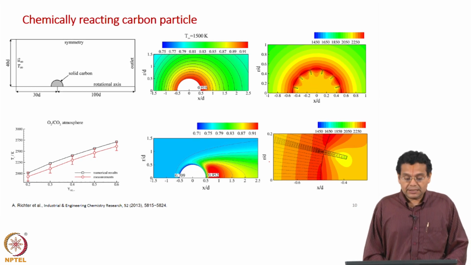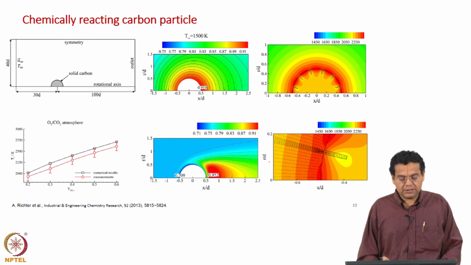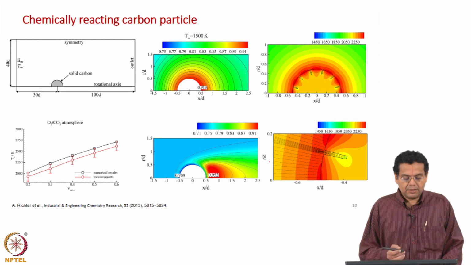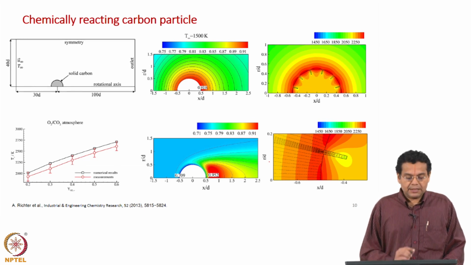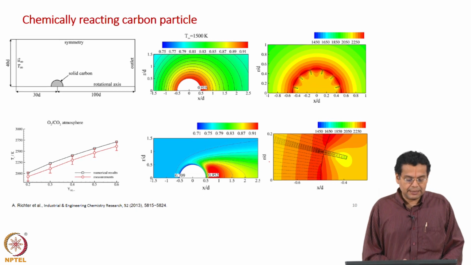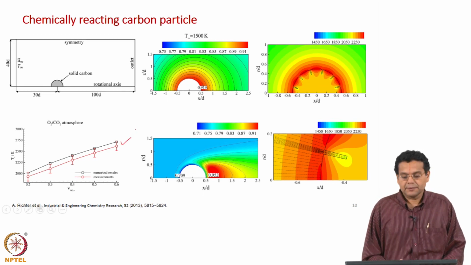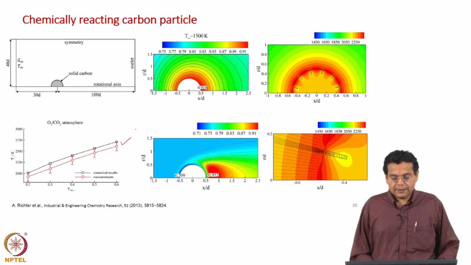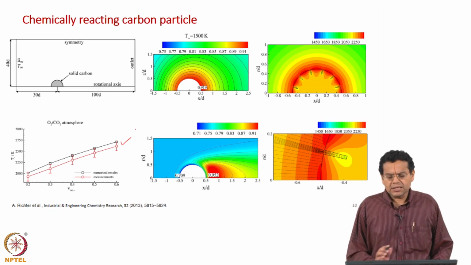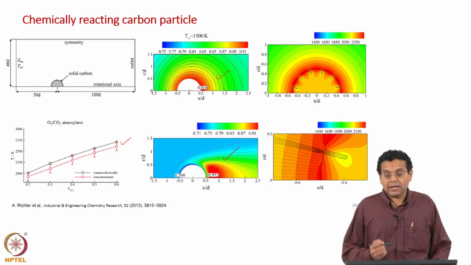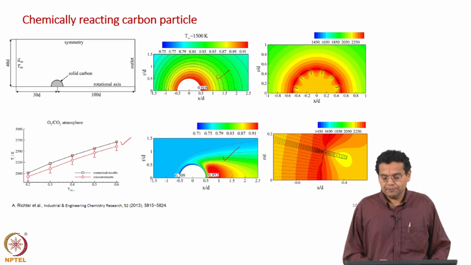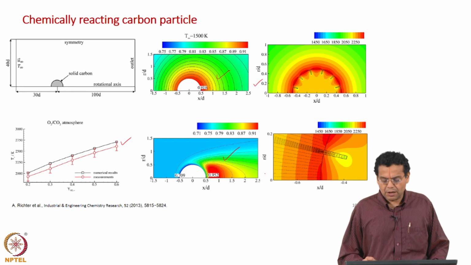Once again all the 4 conservation equations are solved, including the differential energy balance equation, and the authors predict the temperature at the surface of the carbon particle and compare with experimental results. They also predict what is the concentration of CO2 surrounding the particle, what happens at low velocity, what happens at high velocity, and then they consider a porous particle and see what is the temperature distribution inside the particle and what is the temperature distribution outside the particle.